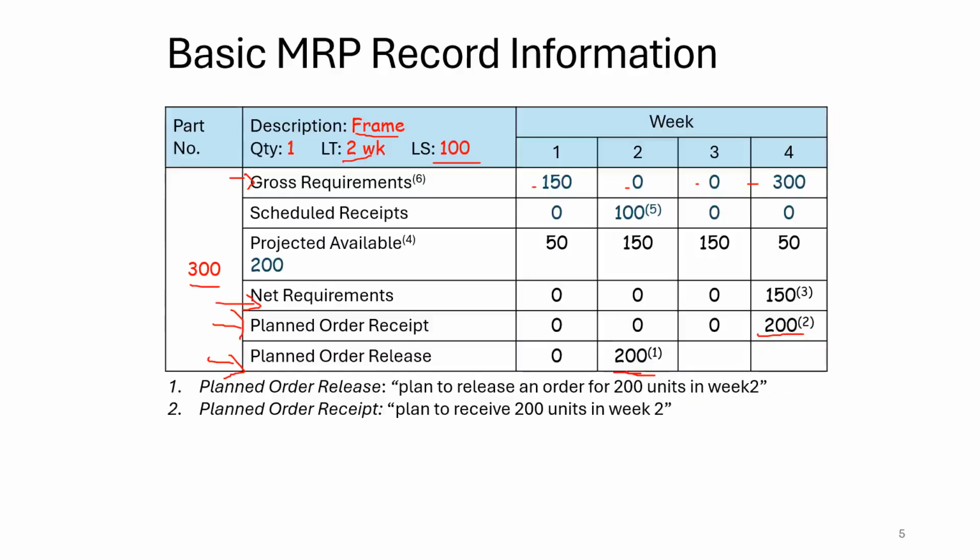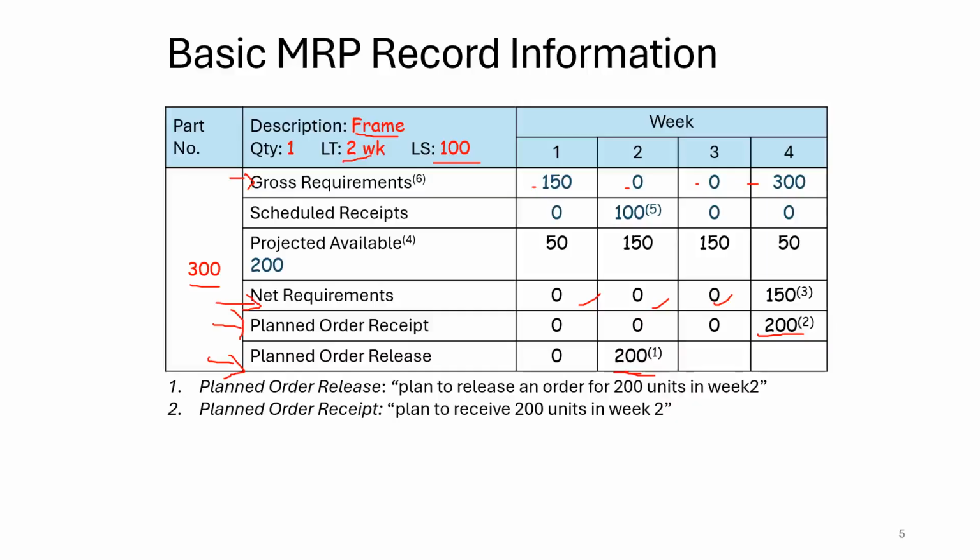So what the net requirements does is it takes the inventory and all the other stock from the warehouse into account, and then it tells us that we don't need to have any products with us for the first 3 weeks because we already have inventory to satisfy the demand for the first 3 weeks. The only requirement is that at week 4, we need to have 150 units of product so that we satisfy